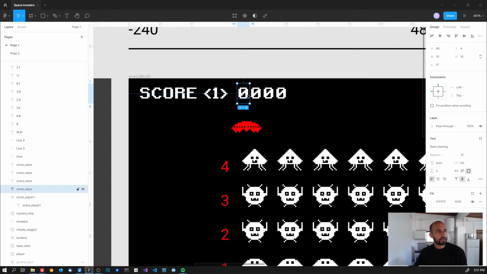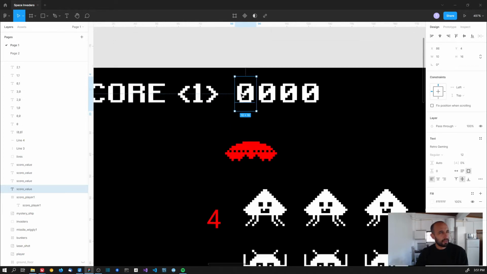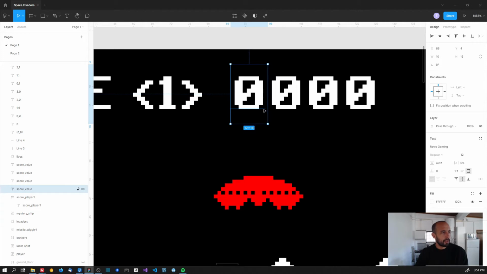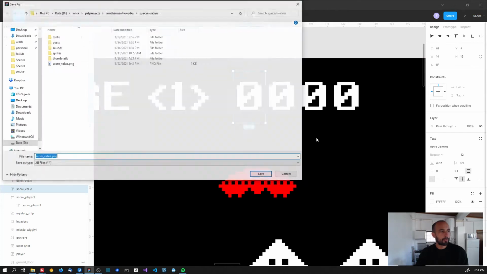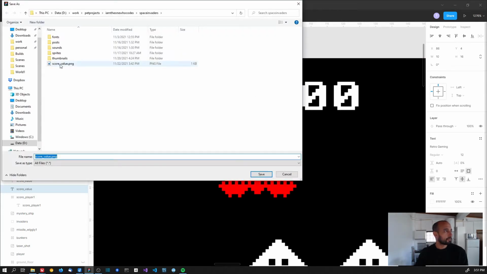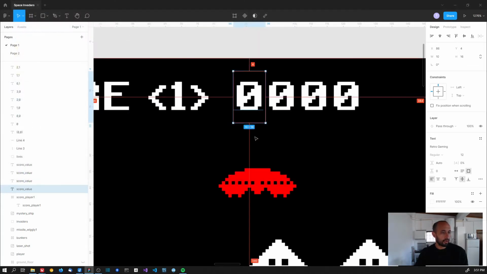You need to export the image with double the resolution than what you want. In this case, I'm using an image with 10 by 16. It's not going to be 10 by 16 because when we export from Figma, it's going to cut the image exactly to the border of the actual text, so it's going to be smaller than this. But either way, if I export this with the numbers that I have there, which is this sprite, I already tested this